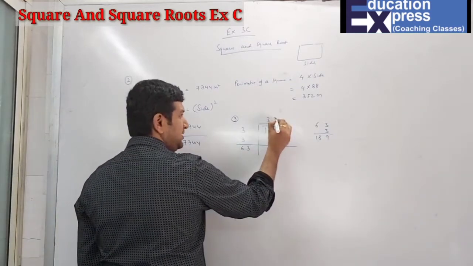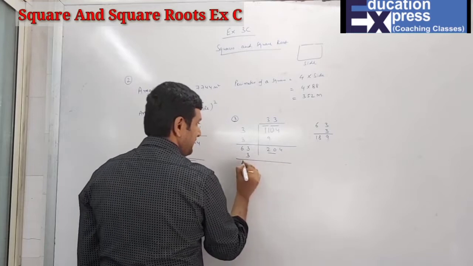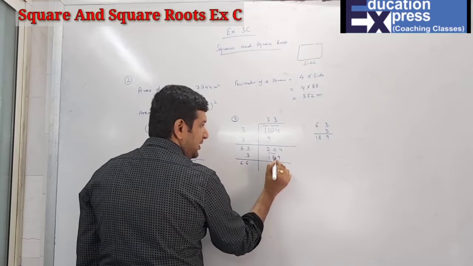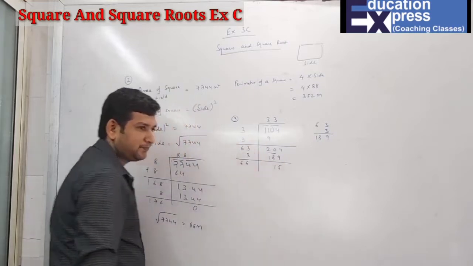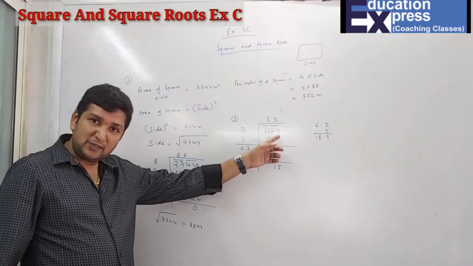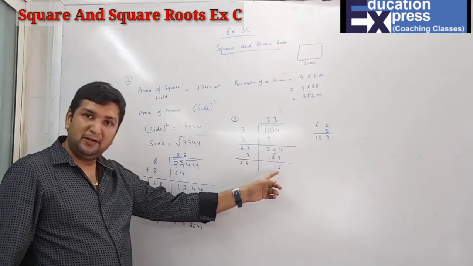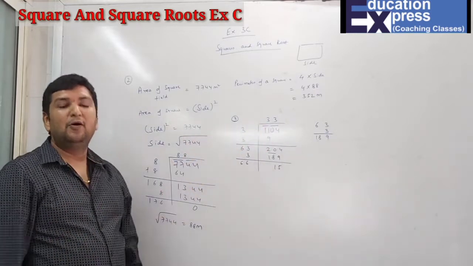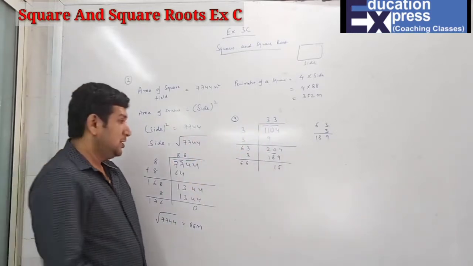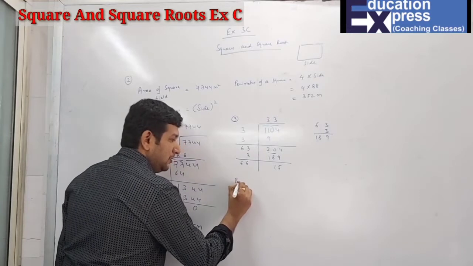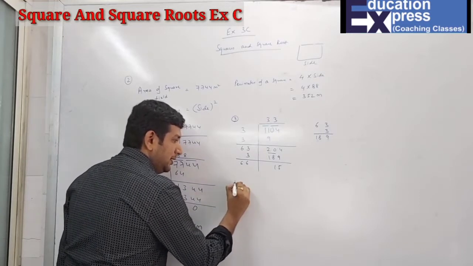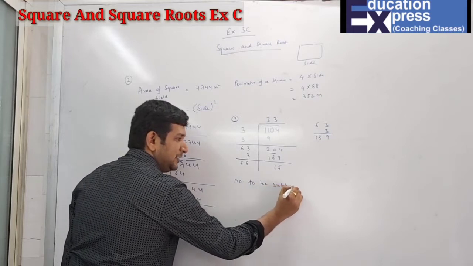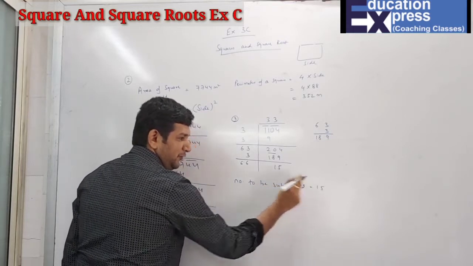So 63 3s are 189. And this is 15, that is 11 plus 4, 15. That means this is not a perfect square only because of this remainder. So obviously if I subtract this remainder from 1104, the remaining number will 100% be a square. So first here, the number to be subtracted will be 15, the remainder.